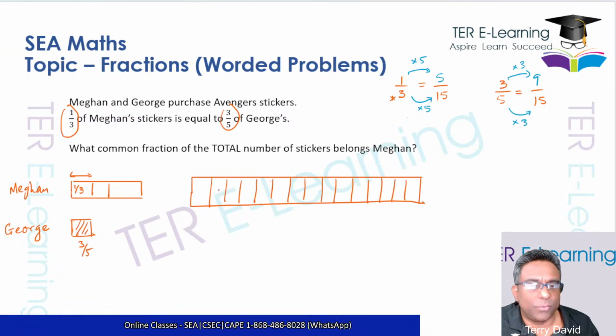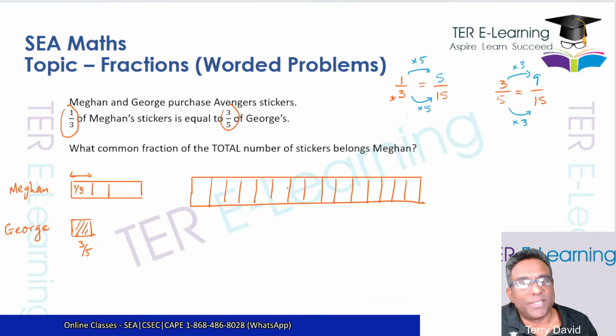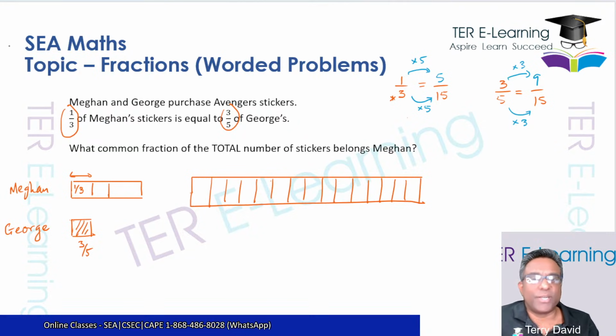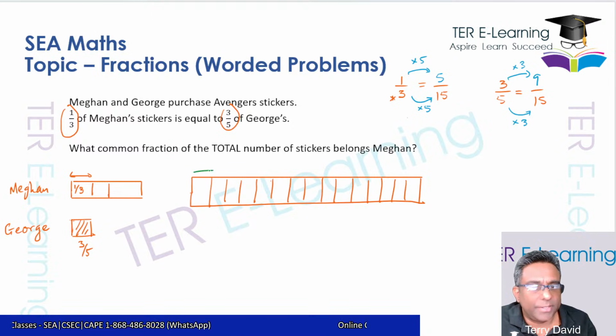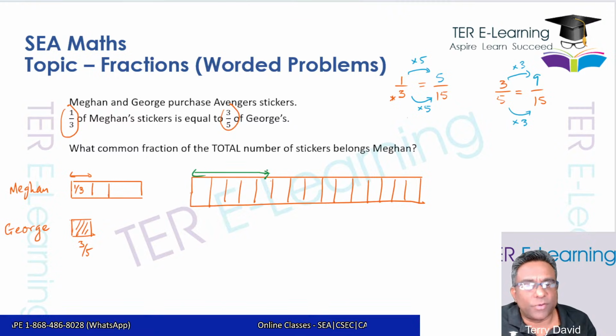Let's see how many I have here. 1, 2, 3, 4, 5, 6, 7, 8, 9, 10, 11, 12, 13, 14. All right, so I have 15 shares here. Now, what we're saying is that Megan is 1, 2, 3, 4, 5. So from here to here, this is the amount of stickers that Megan has,